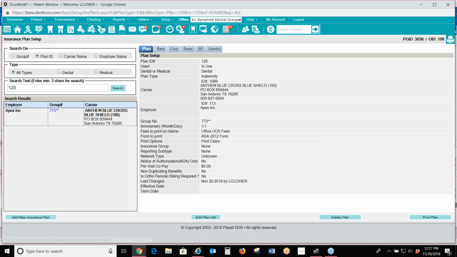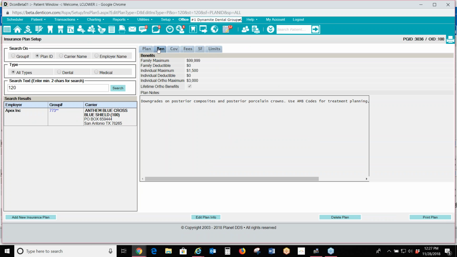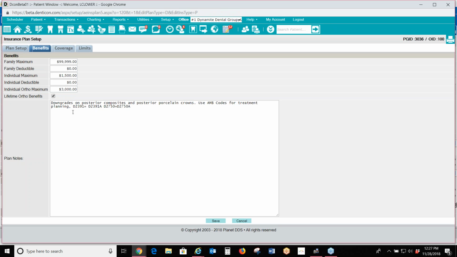We're going to take a look here at the notes under the benefits. This is where I think a great place is for you to add all of that information. And you can make it so, again, whatever format works best for your office. In this case, I've started this note: downgrades on posterior composites and posterior porcelain crowns, use AMB codes for treatment